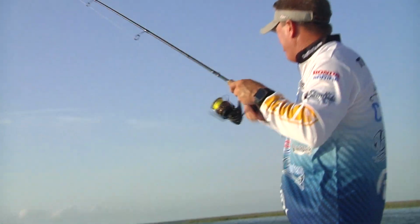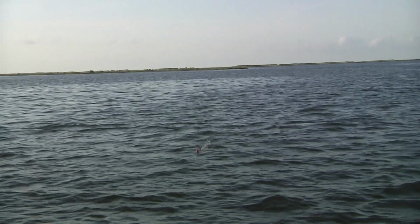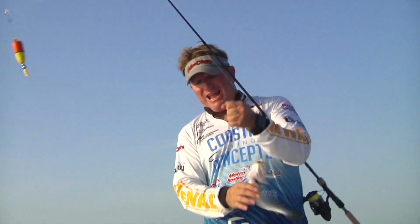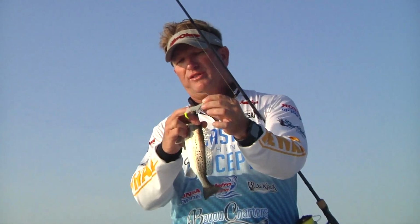It may not. The school is actually so thick right here, it's causing a sheen on top of the water, which we call a slick. And I'm fishing right on the edge of that slick, and yeah, he's a little bit bigger. Yeah, he's a keeper. And the thing is that these fish will drop down, and the great thing about it is that I can use any artificial. I've got a glow with a chartreuse. This is a smaller